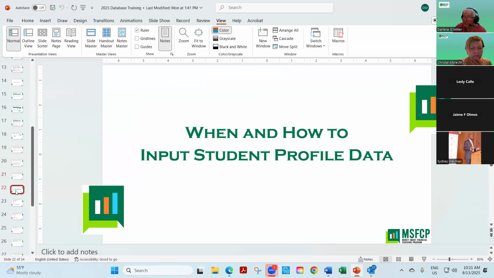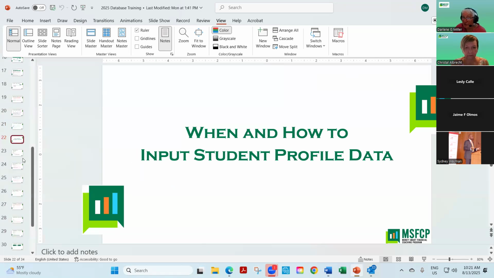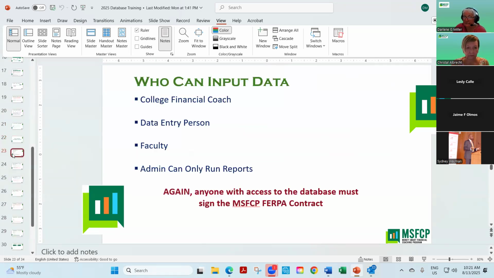All right, so when and how to input data. There are 4 phases for inputting the data, okay? The following people can input data: the college financial coach, the data entry person, the faculty. The admin is set up to only run reports, okay? And again, you can't have access to the database until we get your FERPA contract,